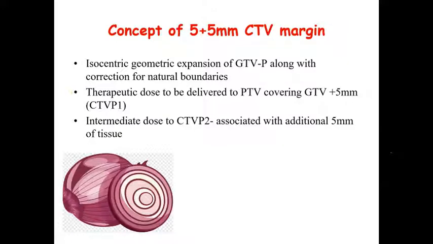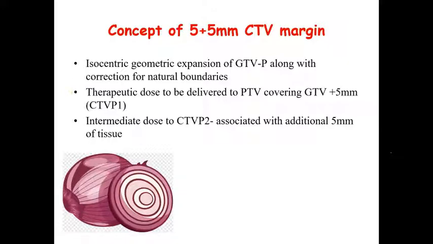The isocentric geometric expansion of the GTV primary was recommended, along with correction of natural boundaries. So the concentric ring that forms around the GTV is what you need to deliver by the PTV. I'm sorry, this should have been the CTV P2. This concentric P1, this concentric ring becomes your high risk or therapeutic risk region, and that becomes the GTV plus